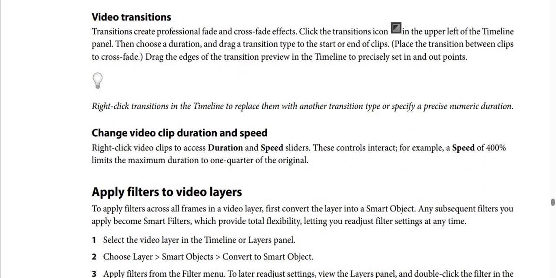And what about video transitions? Video transitions means transitions create professional fade, by the way, and crossfade effects, and then click the Transitions icon in the upper left of the timeline panel and then choose a duration and drag a transition type to the start or end of clips and place the transition between clips to crossfade, and then drag the edges of the transition preview in the timeline to precisely set in and out points, and then right click